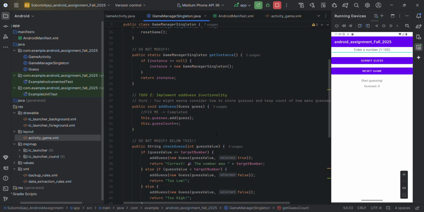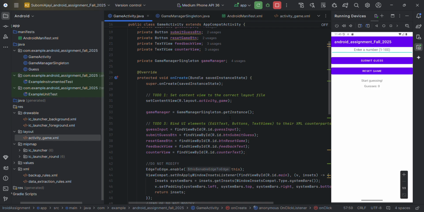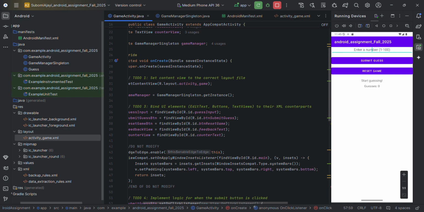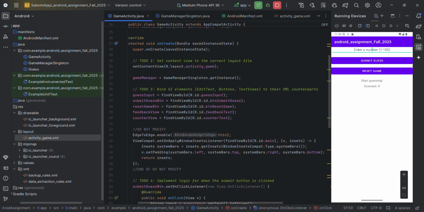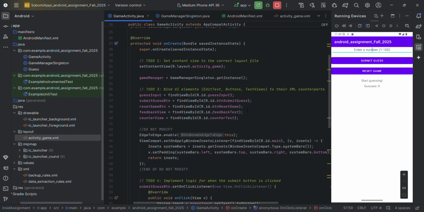count variable. So over here, okay, now in GameActivity.java, for to-do 1, I needed to set the content view, right? So I did this in onCreate by calling setContentView and passing it the resource ID for our layout file, activity underscore game. And then for to-do 3, we had to bind the UI elements, right? And so I declared the variables for each UI element at the top of the class here in onCreate. And then after that, I use findViewById to connect each one to its corresponding view in the XML,